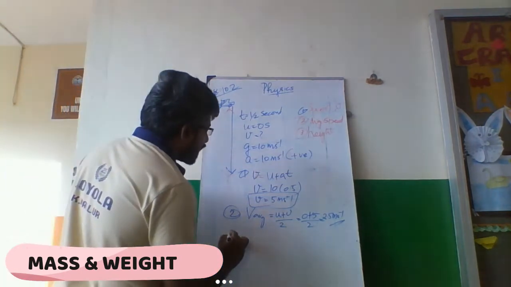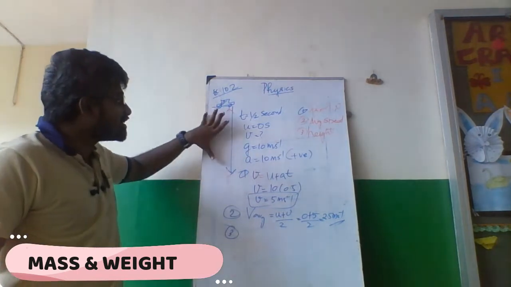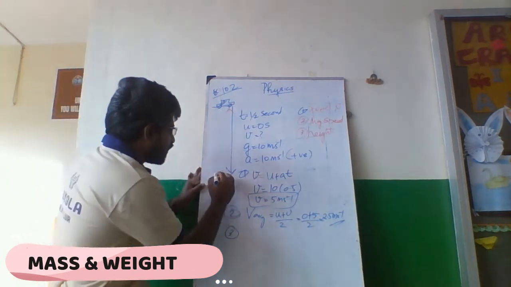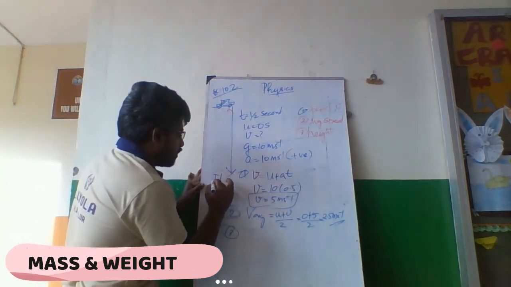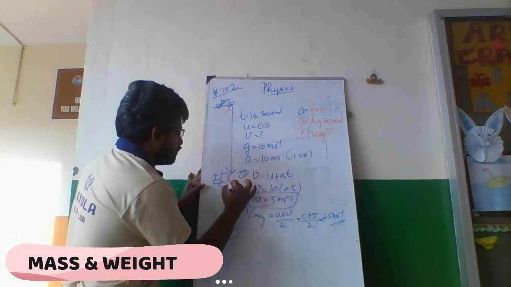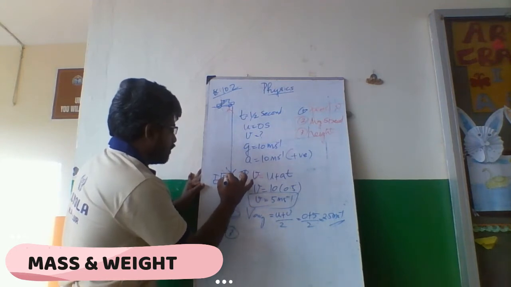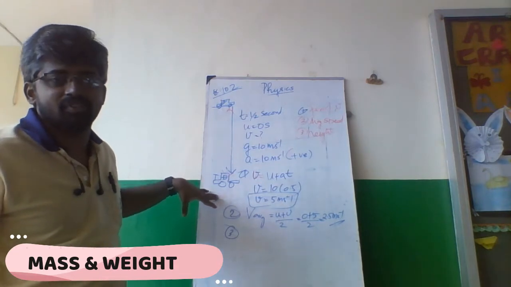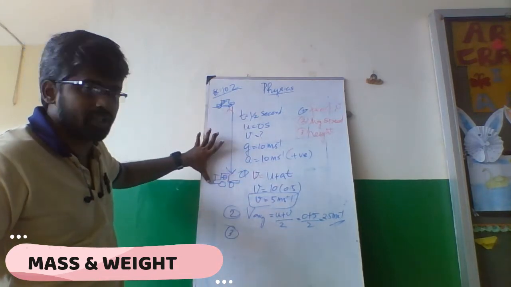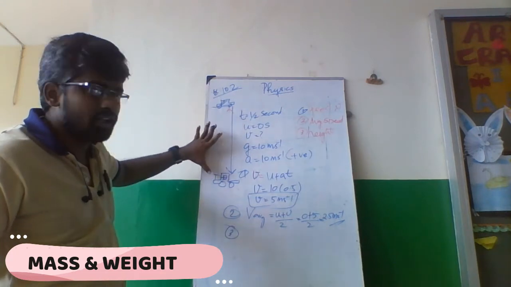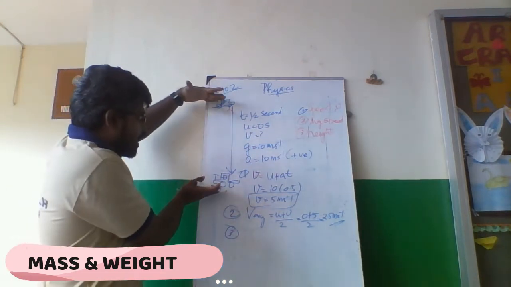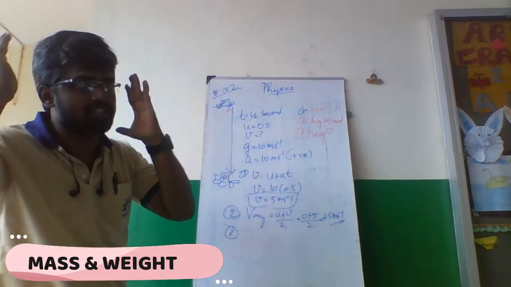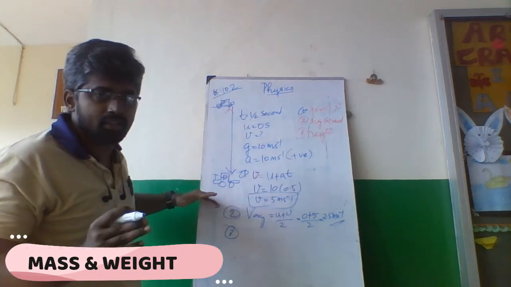Now, what is the height? Height means displacement. The car is here and after 0.5 seconds the car is here. Okay, let me draw a car for you. A car like window. Fine. Now after 0.5 seconds the car is here. So what is the displacement? So this is the height. So here in this problem it is understood as height, but according to our concept in the first unit, distance and displacement. Car is here, now the car is here.